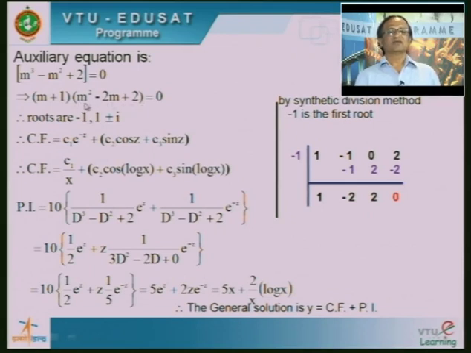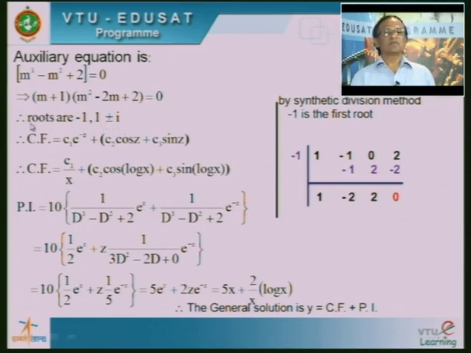Is it clear? Right. It is of the type of quadratic equation, ax square plus bx plus c equal to 0. You know the formula. So, m is equal to minus b plus or minus square root of b square minus 4ac divided by 2a. Using that formula, I can obtain two more roots. I hope I will get 1 plus i and 1 minus i. So, it means you will get complex roots. So, totally I can obtain 3 roots, namely minus 1, 1 plus i, 1 minus i.